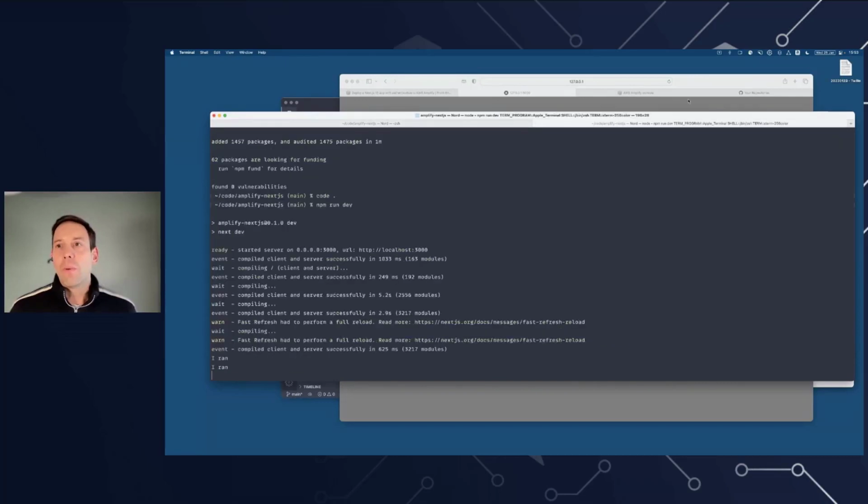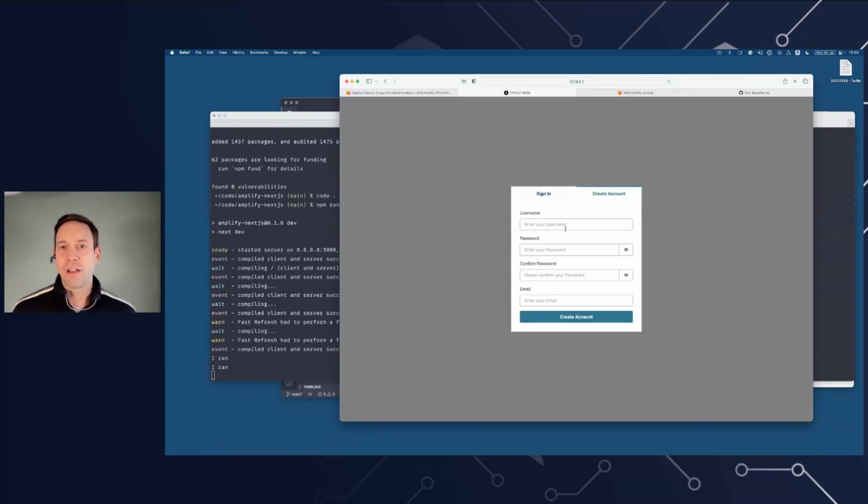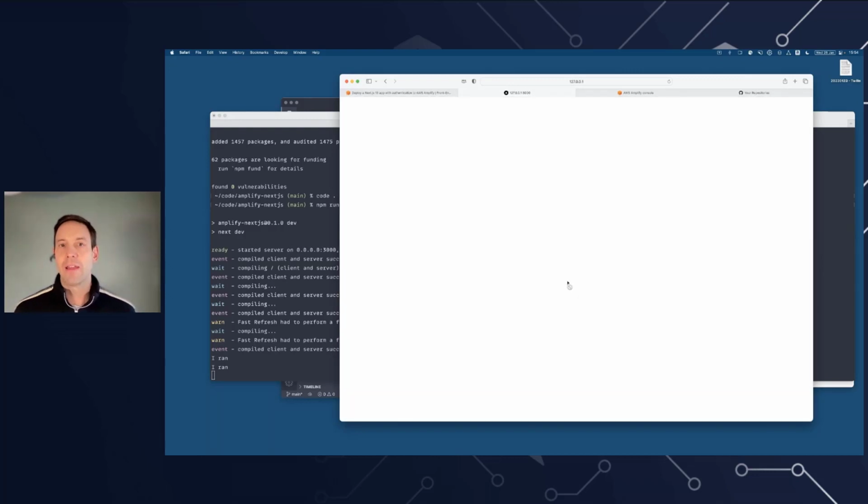Okay, so what we need to do now is create an account so we can log in and see that page and see the server-side rendering happening. So if I choose to create a new account now, I'm going to give myself the very imaginative username of Mike, set myself a password, and then enter my email address. What that's going to do is send a confirmation code over to my email client to just prove that I have used a valid email address. That code's being delivered to me to the side of the screen here. I have the code. I'm going to confirm my email address,